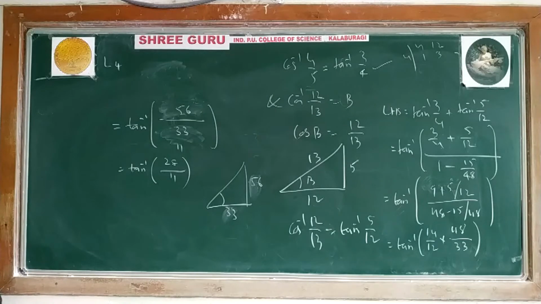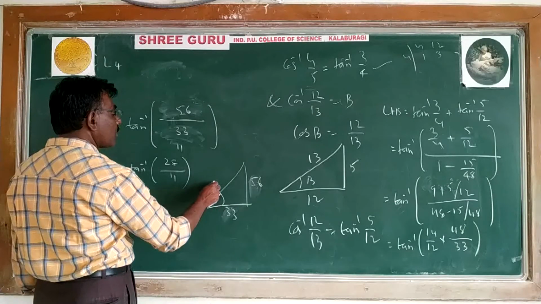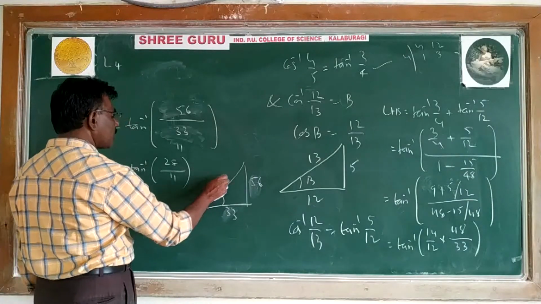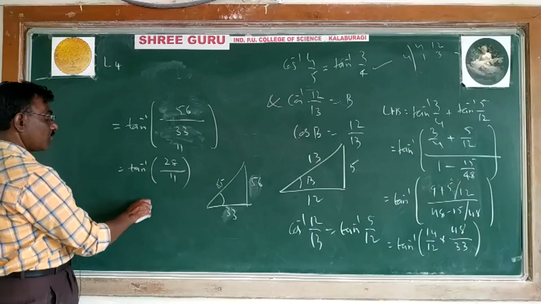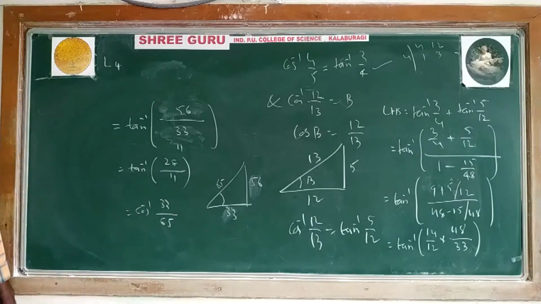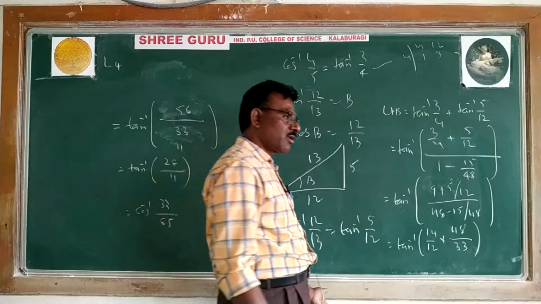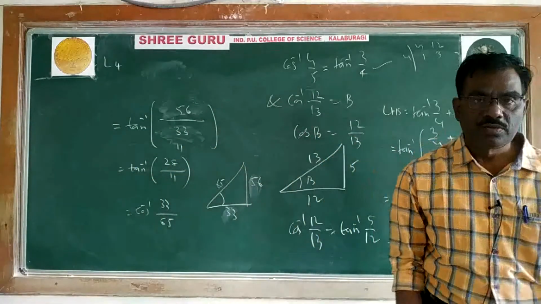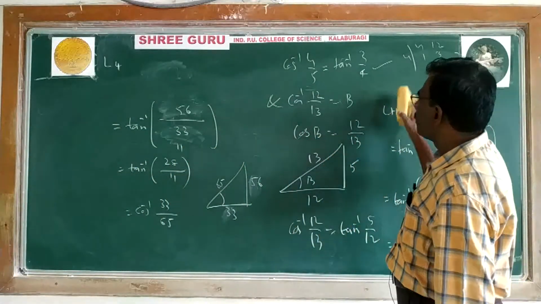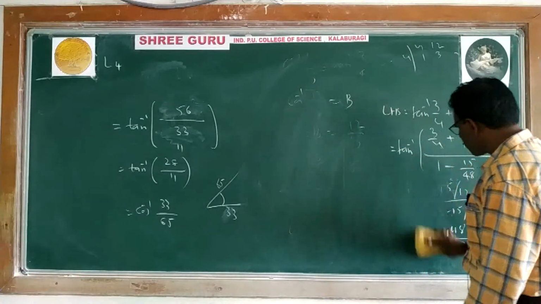It is 65, maybe it is, okay, 65, then maybe it is cos inverse of 33 by 65, you will get answer, okay. So it's only calculation part, it's not writing, and again you have to try this, and better you can try yourself. So I explain the second method how to solving.